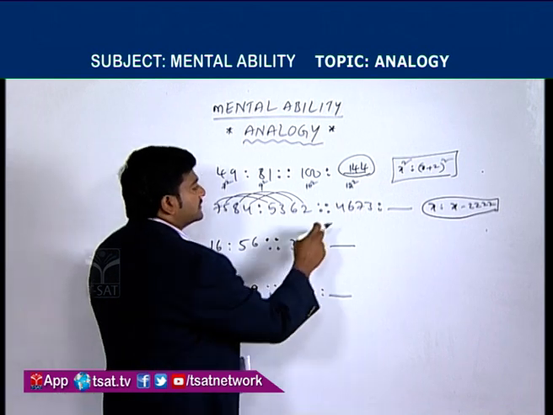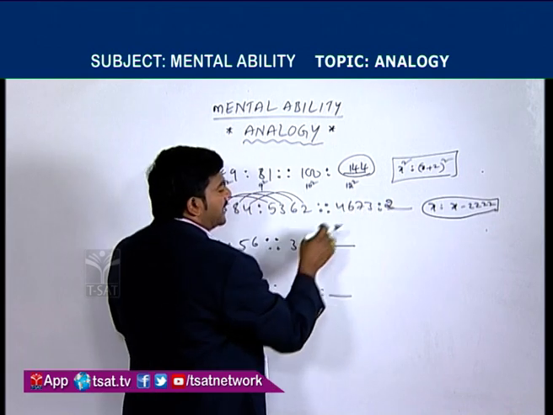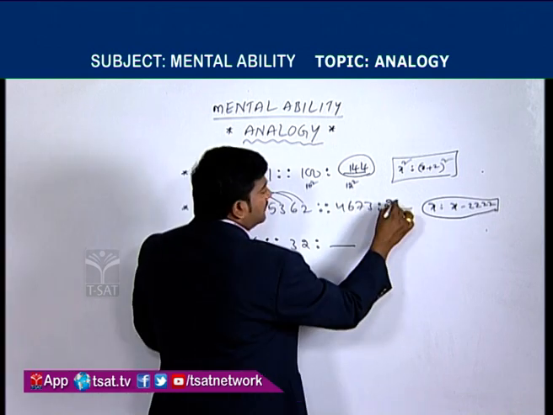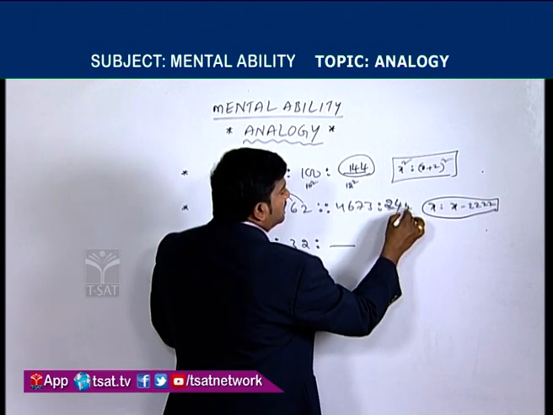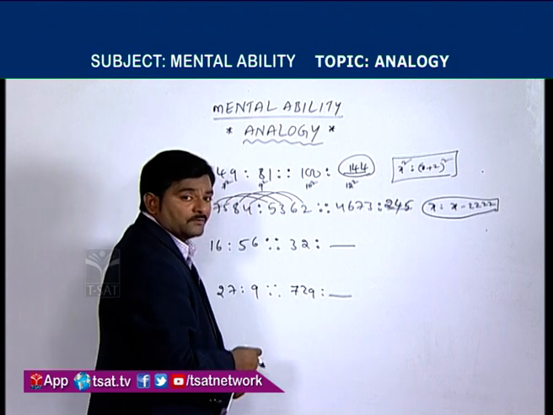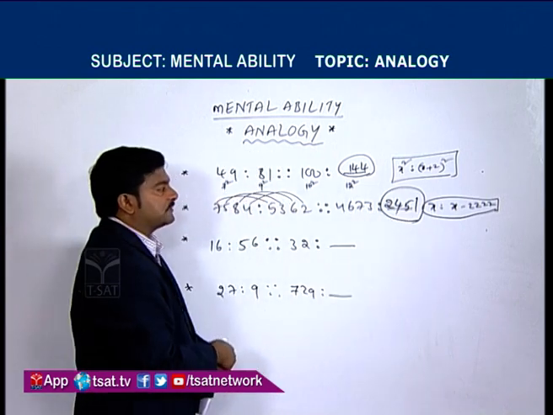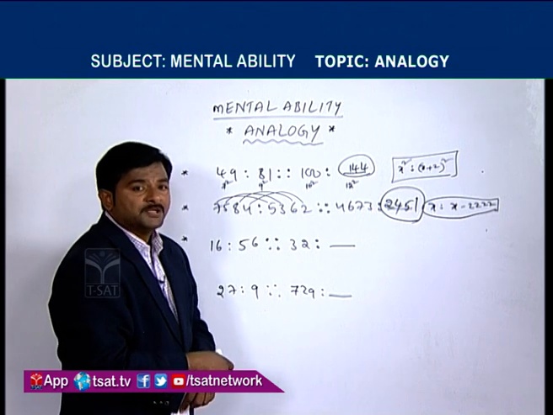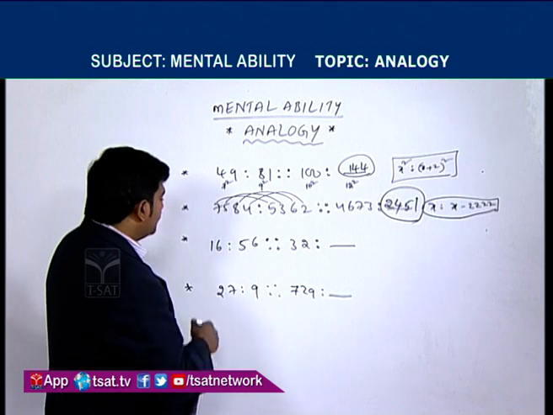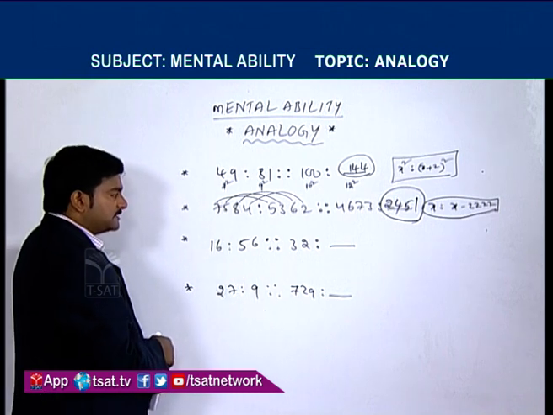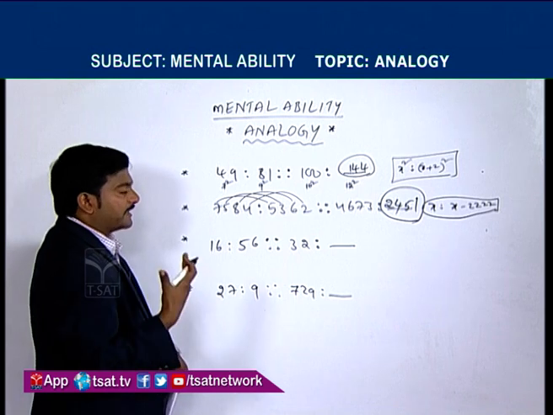Similarly apply here. Subtracting 2 from 4, what will you get? 2 you will get. Subtracting 2 from 6, what will you get? 4 you will get. Subtracting 2 from 7, what will you get here? 5 you will get. Subtracting 2 from 3, what will you get here? 1 you will get. Therefore the final answer for that question is 2451. I hope you understood the concept of that. Now we'll go to this. See, this is a different concept. You may think in a different way, but what I thought is